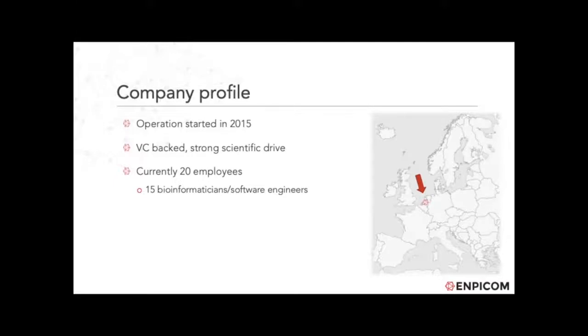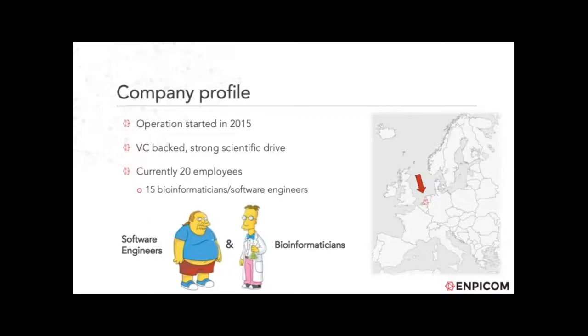So let's start a bit with the company. The company is located in the Netherlands, in a beautiful city called 's-Hertogenbosch. And we are currently VC-backed. We are about 20 people, of which 15 are either software engineers or bioinformaticians. So all in all, we are a happy group of geeks that love to develop great code and do good science. And I think this is a key component because software engineers and bioinformaticians have similar skill sets, but also very diverse skill sets. So it's important to combine the two to produce software, scientific software, which is stable and